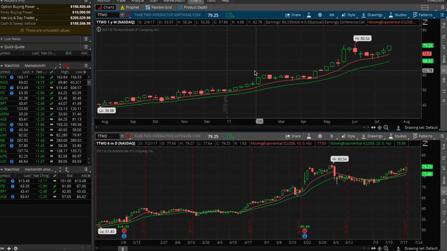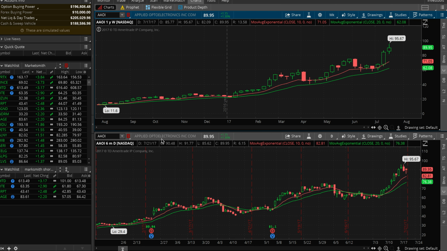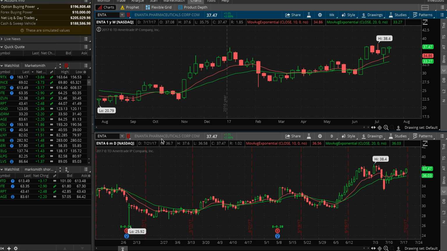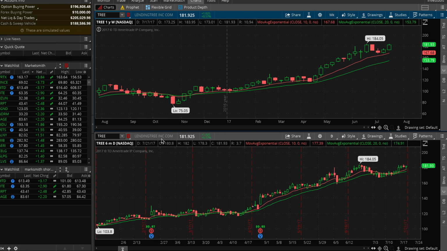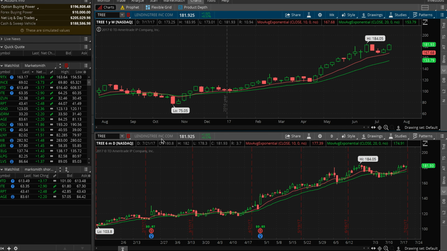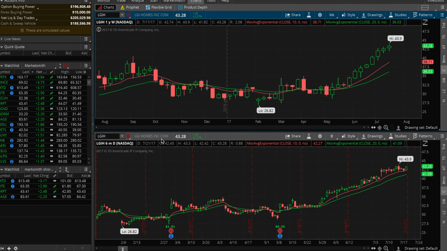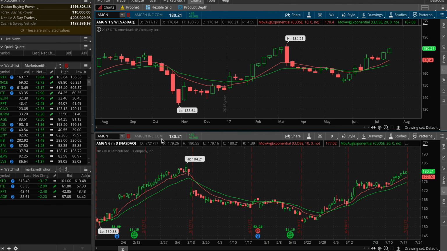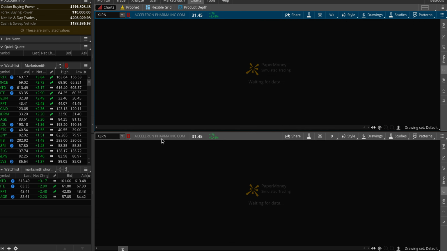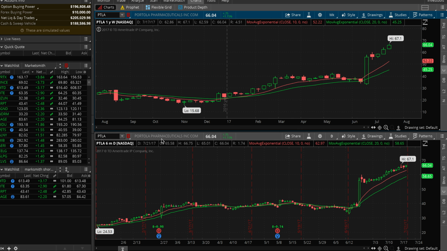So we can quickly go through these names, right? A nice move up, pull back to the 10-day moving average. Now a nice $4 move here. So let's see if there's anything else that we can come across. Usually if I go through the charts, it wouldn't take me too long to go through this list. It's a fairly quick process, right? Let's quickly go through and see what is the name I want to trade next week. GSC,